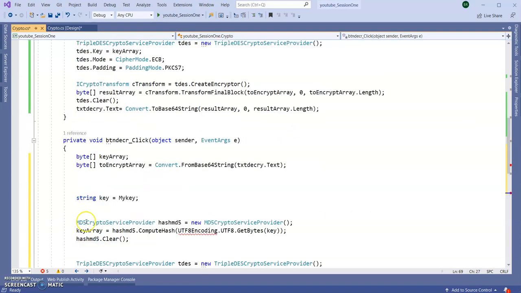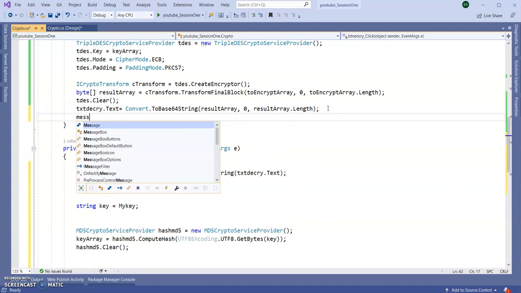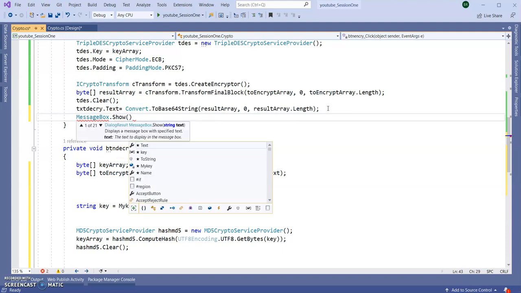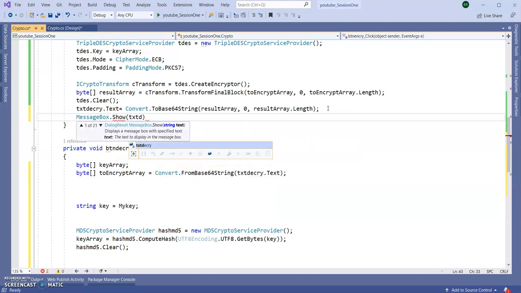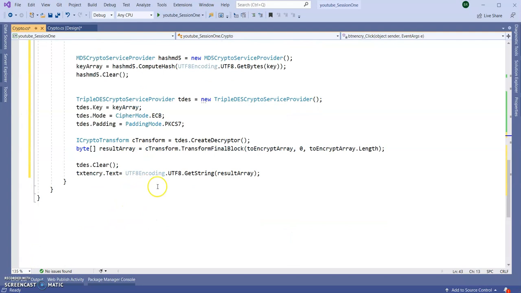Also, I want to show a message box, so it will be good to understand. MessageBox.Show. Here also MessageBox.Show.